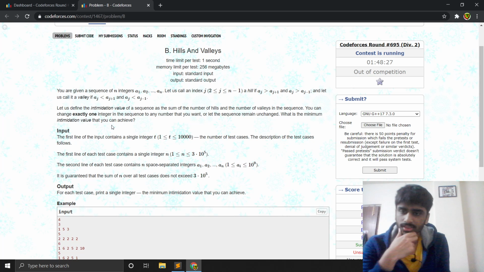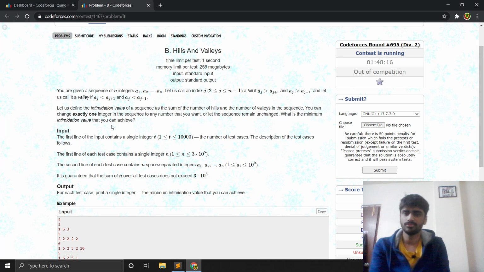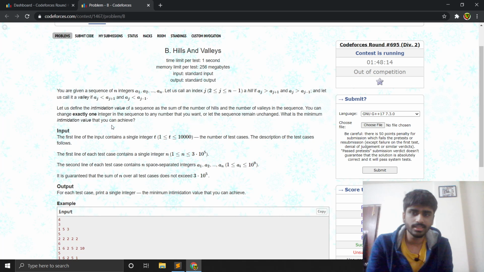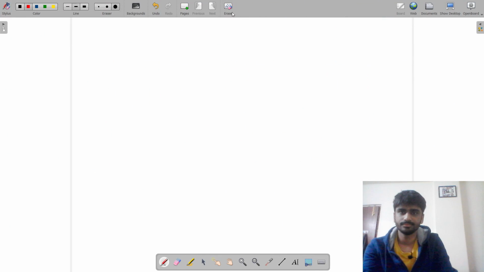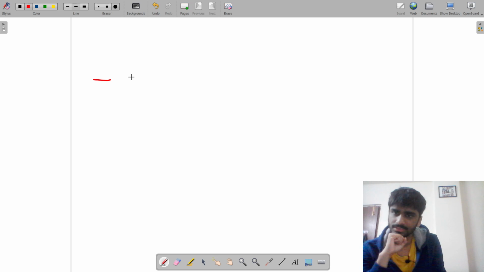So we have some intimidation value for the sequence. It is the number of hills plus the number of valleys. We can change exactly one integer in the sequence to any number that we want, or let the sequence remain unchanged. So what is the minimum intimidation value that we can achieve? Okay, let's try to examine this one. Yes, so we have a sequence, right? Again,